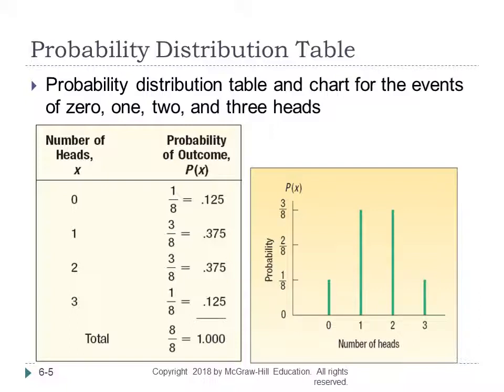There are 3 outcomes that give me 1 head, but the probability of x equal 1 is 3 divided by 8, or 0.375. Same for x equal 2. I have 3 outcomes that result in 2 heads, but the probability of x equal 2 is 3 over 8, or 0.375. Finally, there is the